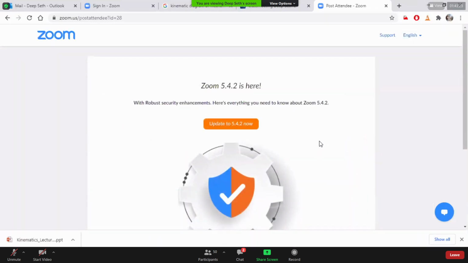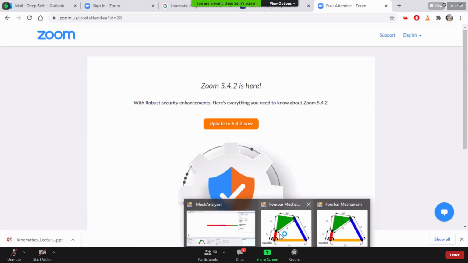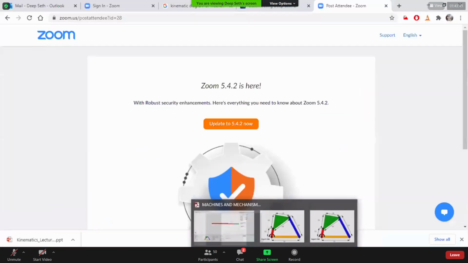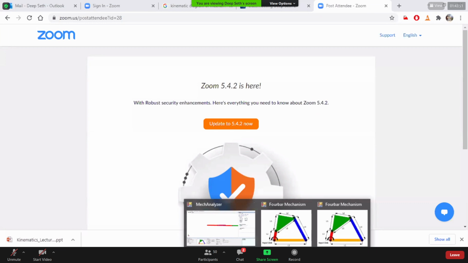Just write a few S plus L and P plus Q configurations and check over here what's happening. What kind of mechanism are you getting, whether it is double rocker, double crank, or crank rocker? If your S plus L is bigger than your P plus Q, what kind of mechanisms can you get, right?